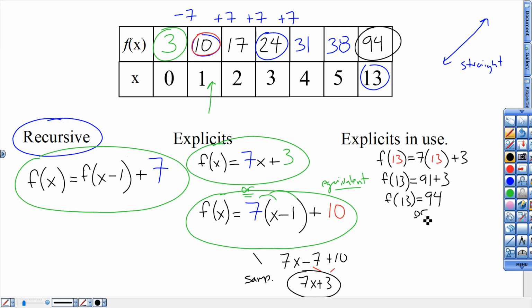Or I could use this guy right here and plug in 13 right here. So here I go. I could do f of 13 again, but now I'm going to type in 7 times 13 minus 1, and I'm going to add 10 right there. That's crucial right there. I'm not adding 3. This gives me 7 times 12. You're not really going to distribute there because you have numbers inside there. Just do the math. 7 times 12 gives me 84,